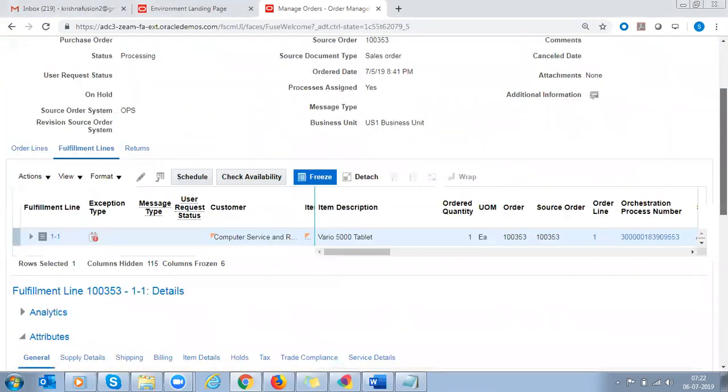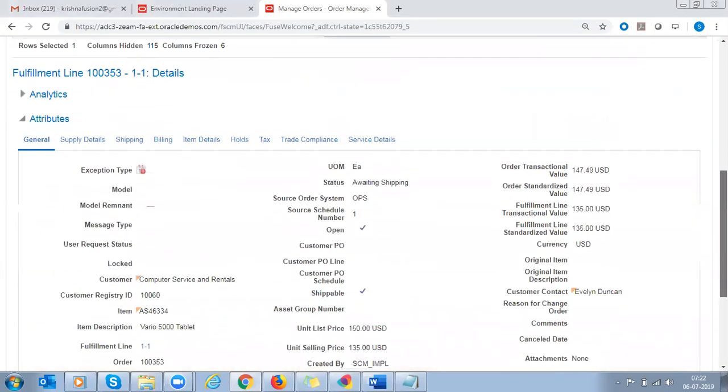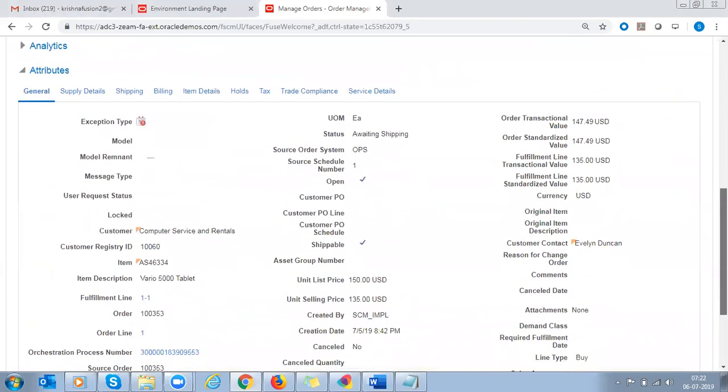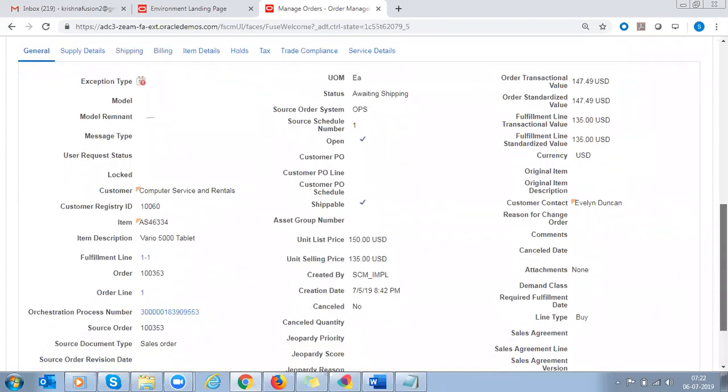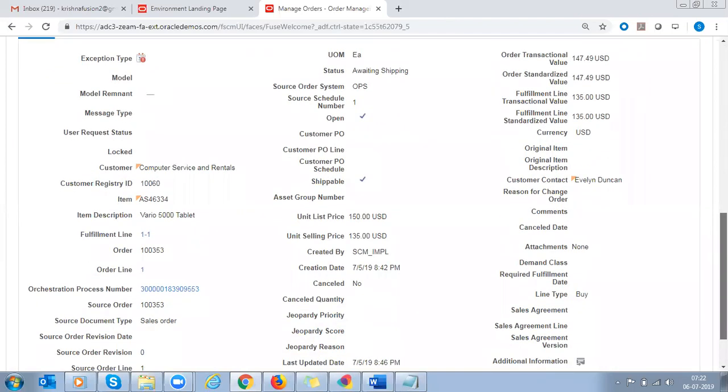If I scroll down, a couple of other details we can also see here. The important details are